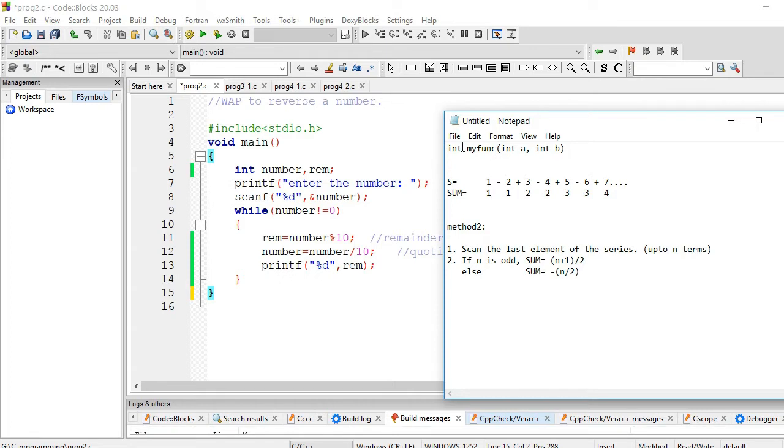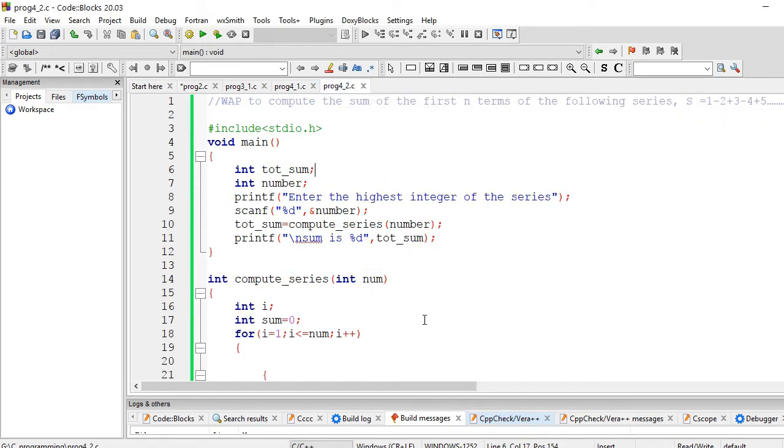This is a simple function declaration. You can see int myfunc, and in braces int a and int b. This first int is a return type, so I am returning an integer type variable through this function. And these are the function arguments.